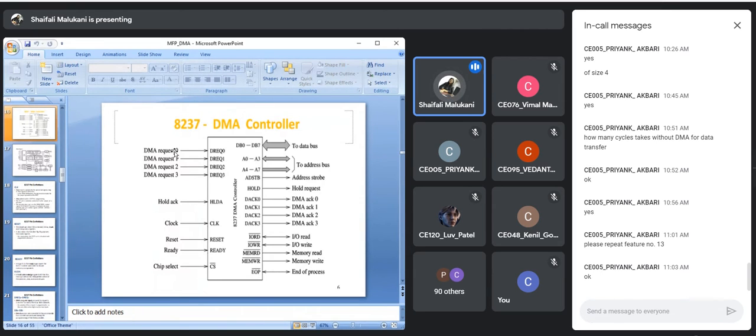One more thing that I told you, that these are the DMA requests from the IO devices. We are going to receive the DMA request, and we are going to provide acknowledgements to our IO devices using this. Now this can be active high or active low. That means my IO should give an active high signal here to get recognized, or it should give an active low signal here to get recognized. So that is again programmable. That is also a feature provided by 8237, that we will see. The DMA request can be active high or active low. That is your choice, because that depends on your IO.